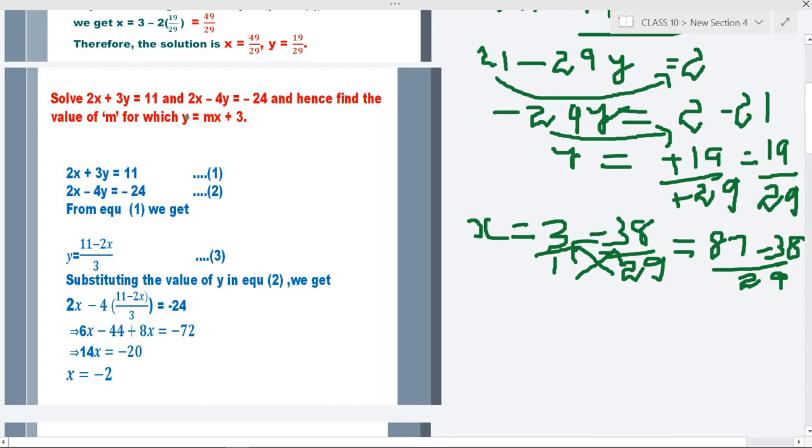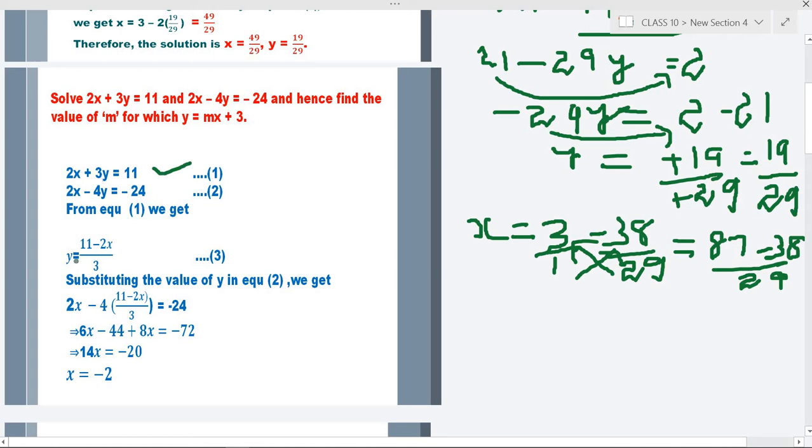Right. The first two equations are already in the question. So we have to just put it out as it is. Equation 1 you write, and in the second equation you write here equation 2. Now find out which is the simpler among these two. Yes, the equation 1 is simpler one. So it's better to solve this equation.